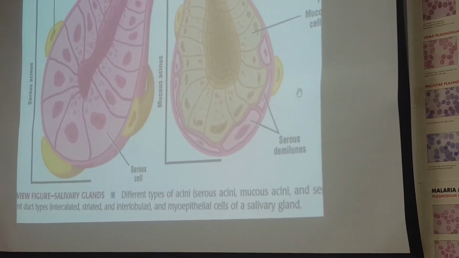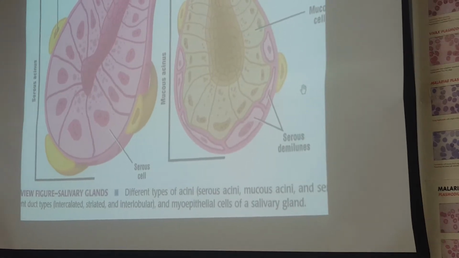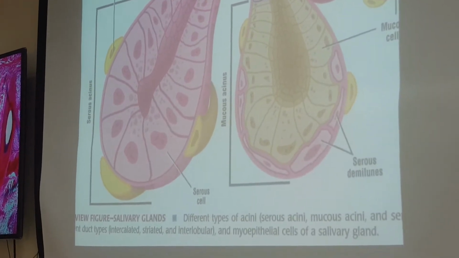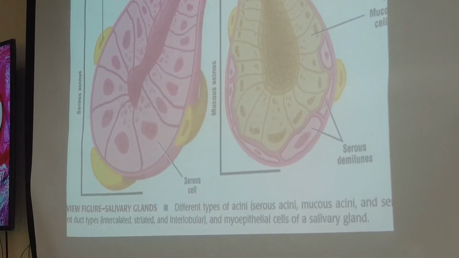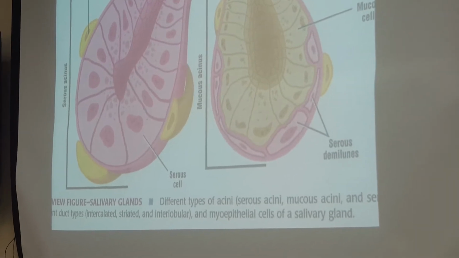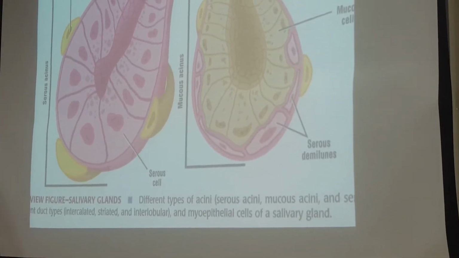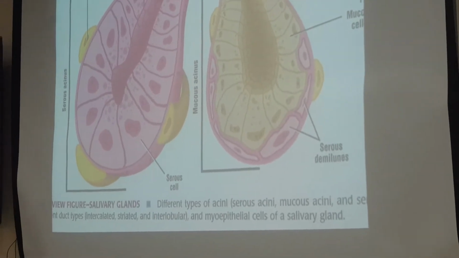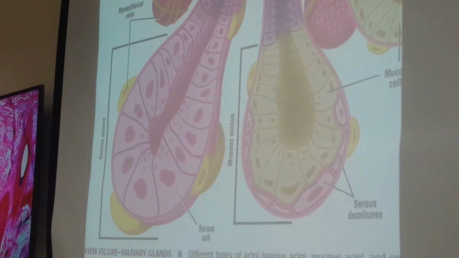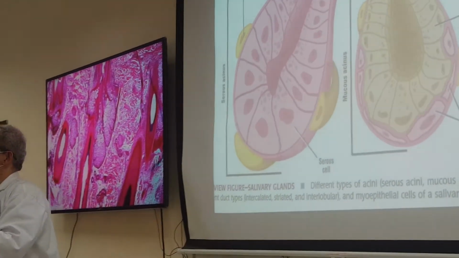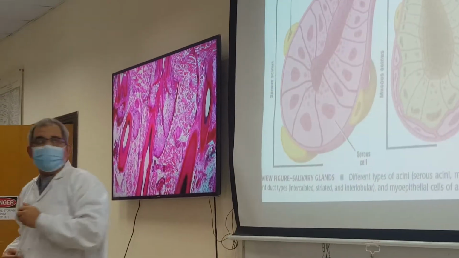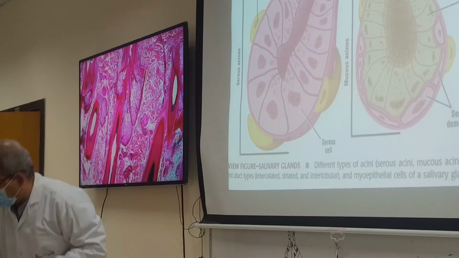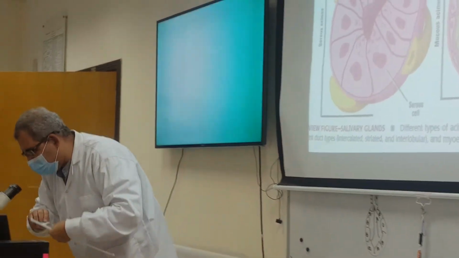Okay? So, serous acinus. And there is another arrangement or appearance of these glands called mucus acinus. What's the difference between serous acinus and mucus acinus? The mucus acinus, from its name, does mucus secretions, whereas the serous one does other types of secretions. Now, when you look at these under the microscope,